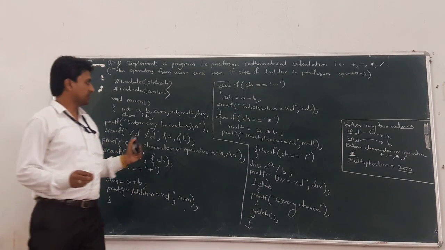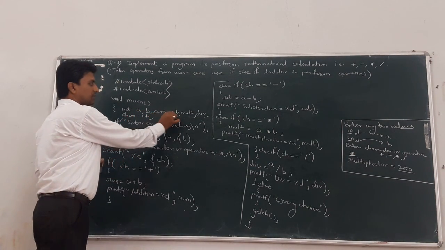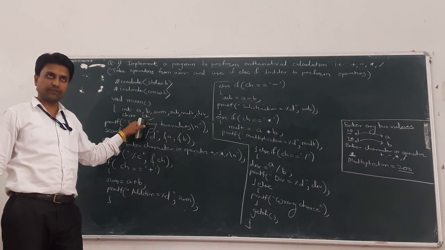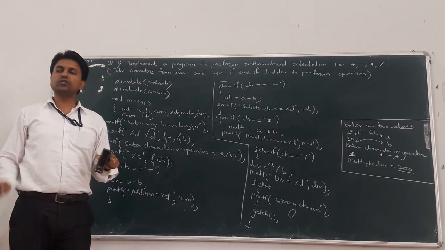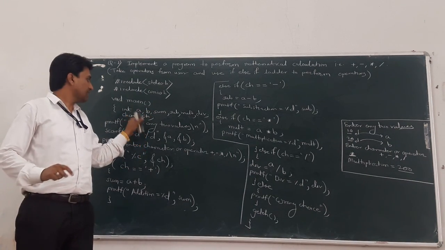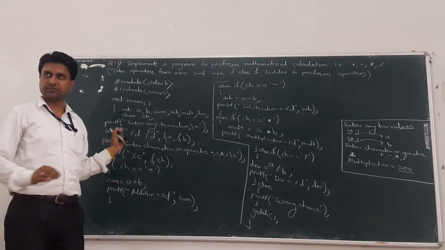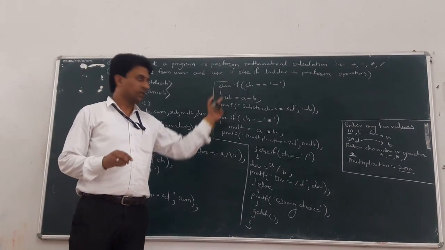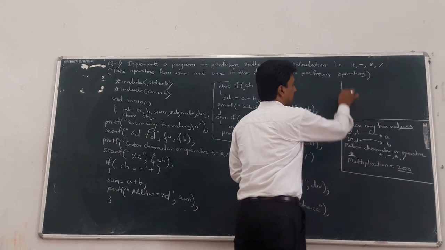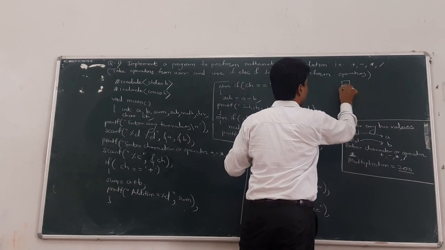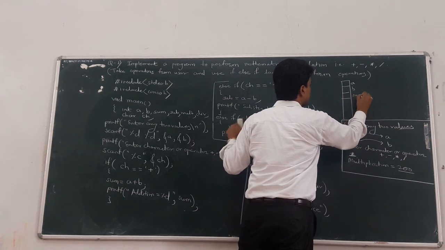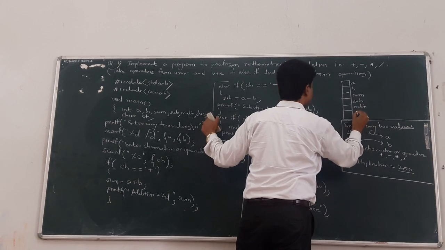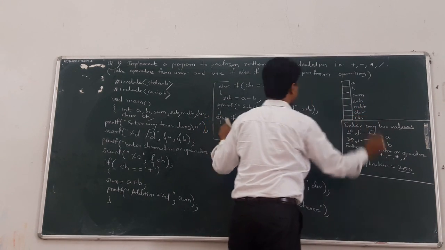Okay, so memory management. Here A, B, sum, subtraction, multiplication and division, that means 6 variables are there, and ch, that is a character variable, is there. For each integer type variable, 2 bytes are reserved, and for a character variable only 1 byte is reserved. Clear? For the character data type only 1 byte is required, and for the integer data type 2 bytes are required. Okay, and memory management is done on the RAM. So here for A, B, sum, then subtraction, multiplication and division, and last is ch.